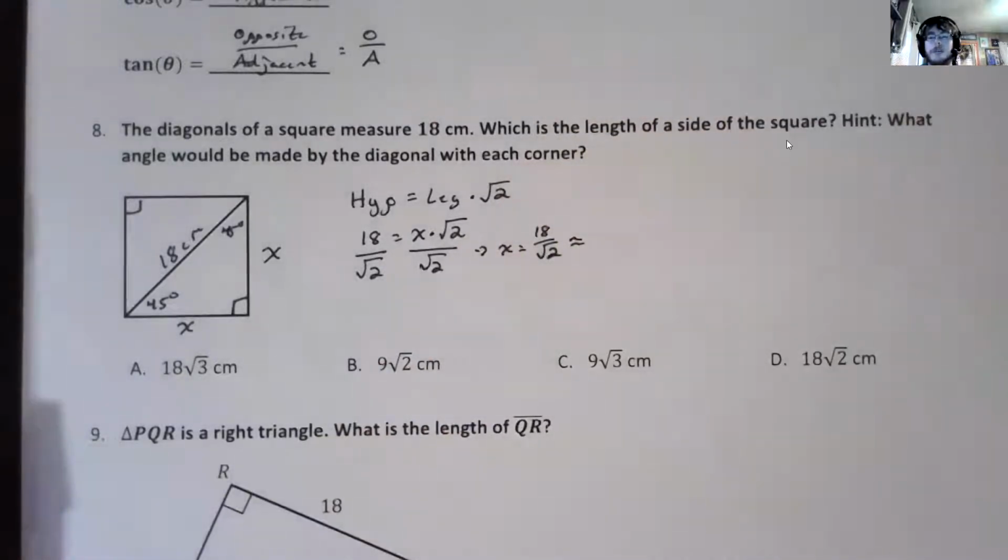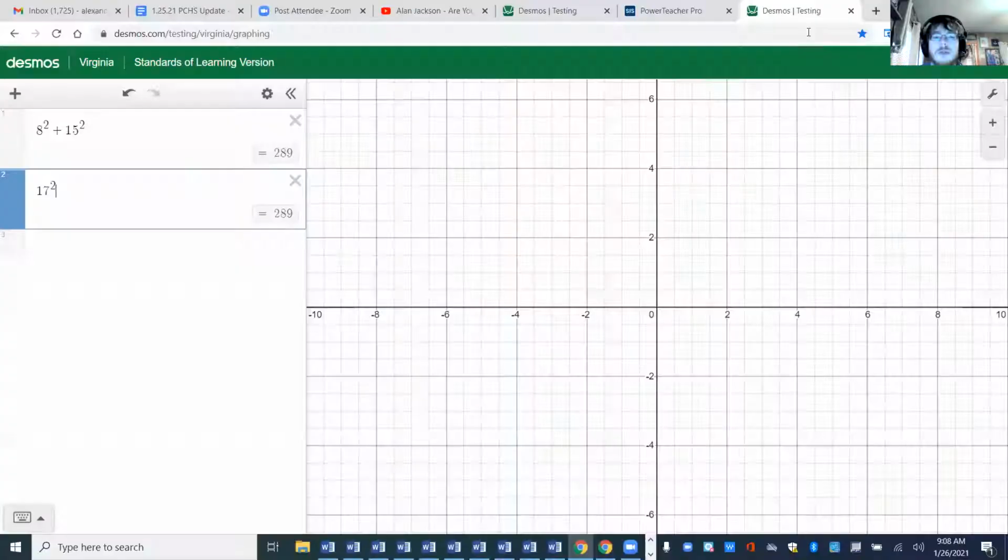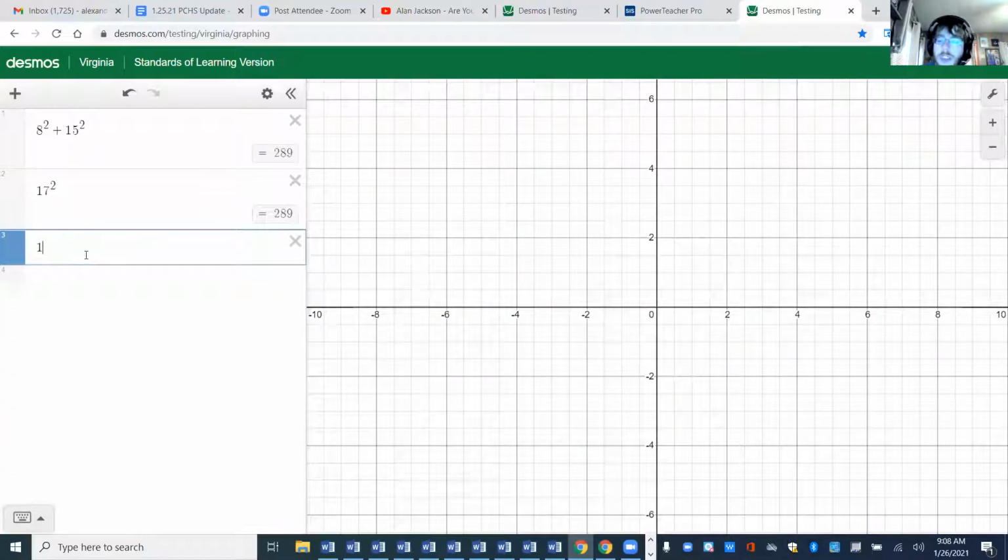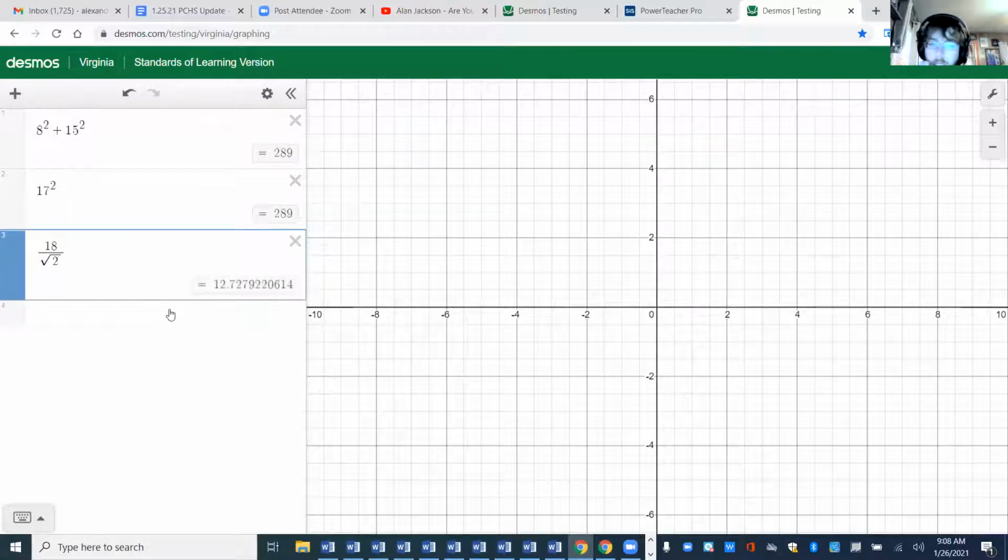And if we type that into Desmos, 18 over the square root of 2, we get 12.73 as our